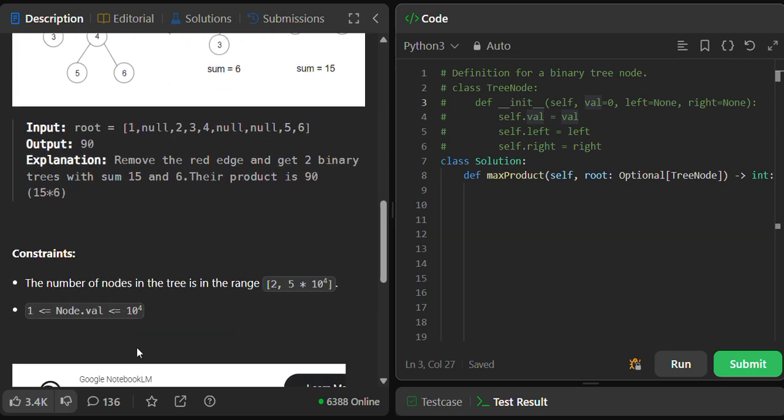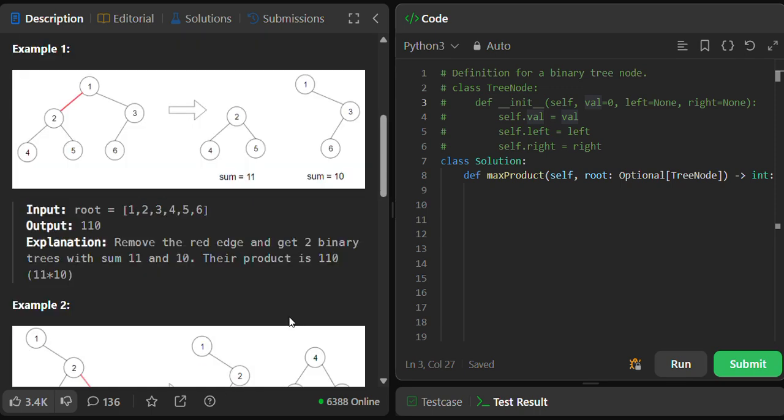Now coming to the constraint, we have the number of nodes in the tree is in the range of 2 and 5 into 10 to the power 4. The node value in between 1 and 10 to the power 4. Now coming to the solution approach, if we go through each possible subtrees and then calculate the sum of both two subtrees and then multiply them, that will take a larger time and our solution gets lower